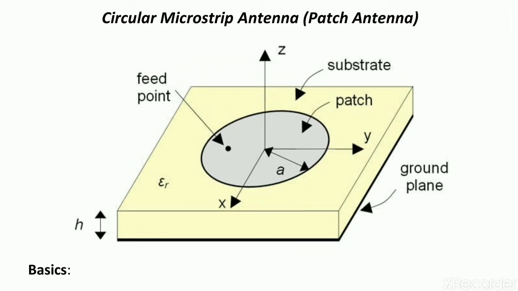The material and the construction are almost the same as compared to the rectangular patch antenna, but the difference is in the shape of the patch. That is, in the circular microstrip patch antenna, the patch shape is circular. Also, the radius is shown by small a. The impedance matching between the feeding point and the patch is done with the feed point, that is denoted by the black dot. The position of the black dot will decide the impedance matching between the transmitter and the patch.